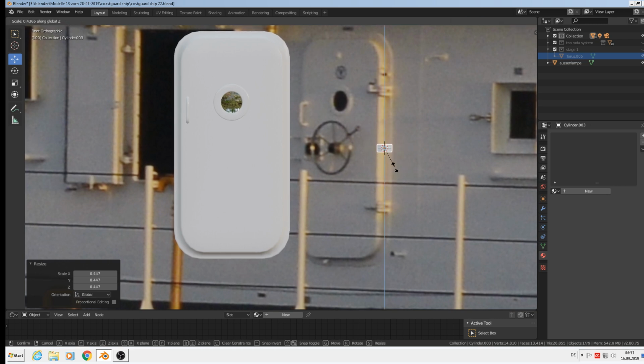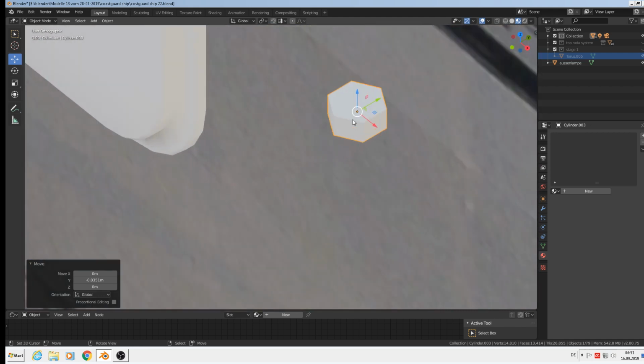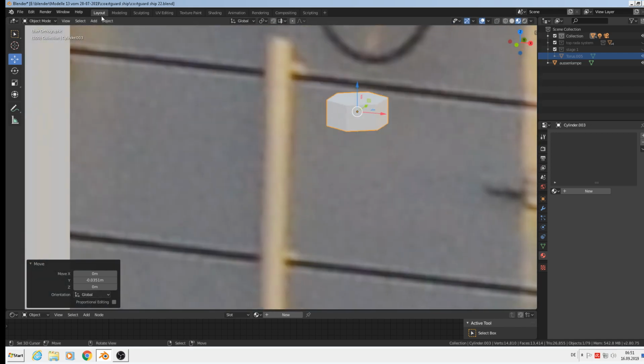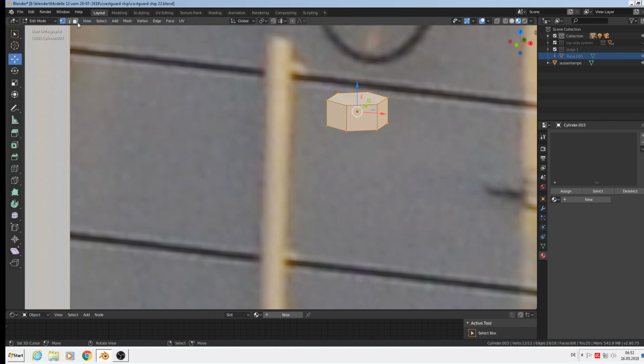Scale set. So bring it in front. Object, apply rotation scale, edit mode with tab. We get here this ring selected, and say here it should have individual origins. Where was that? Here. Yeah. Okay. And then extrude